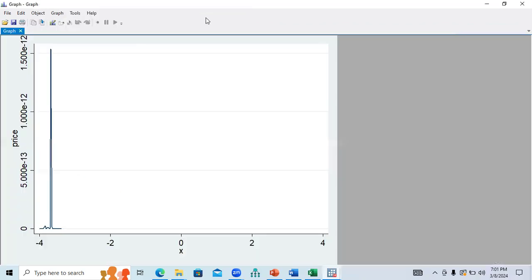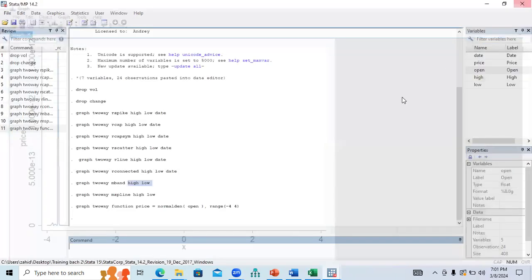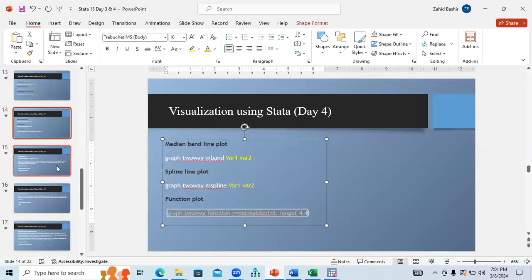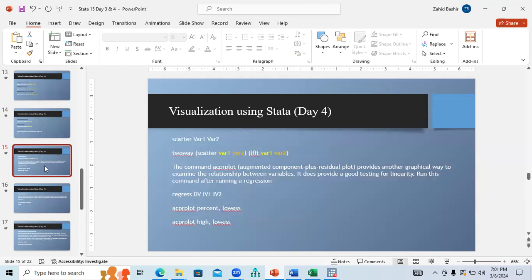So it is showing a graph like this. It means my data is negatively skewed here because it is more on the negative side than on the positive side when I am going to use the price data. So what I need to do, I need to go to the next command. Yes, the scatter one. Before doing the ACP plot, we need to remind, we need